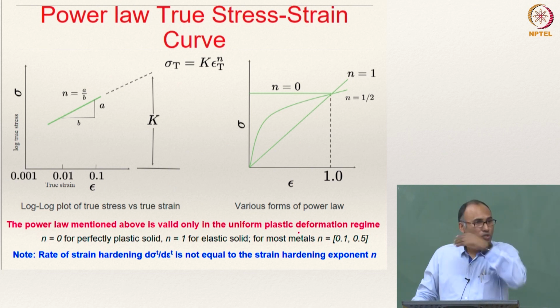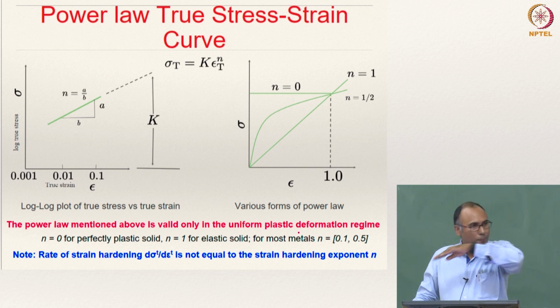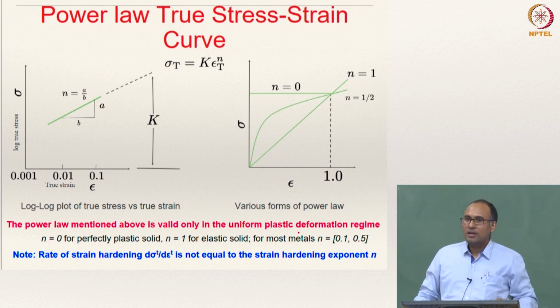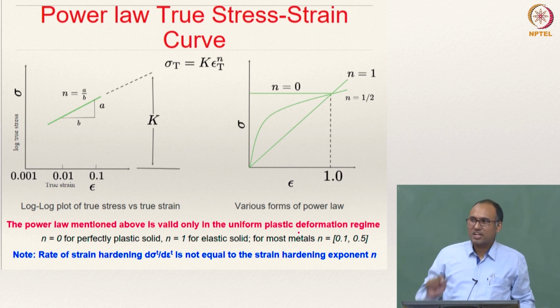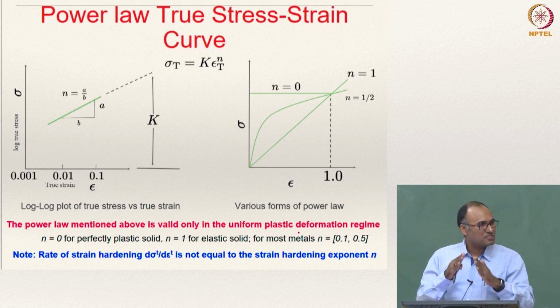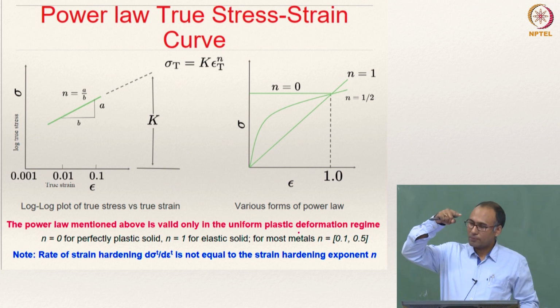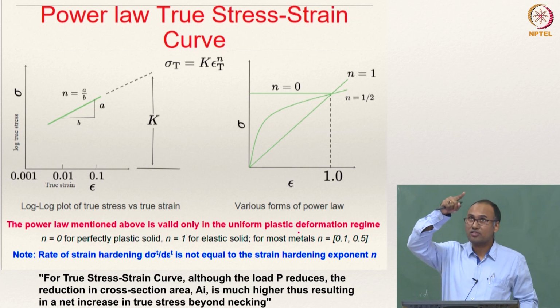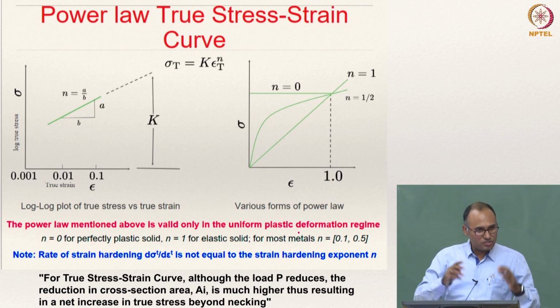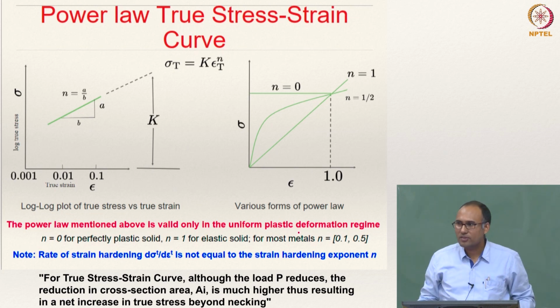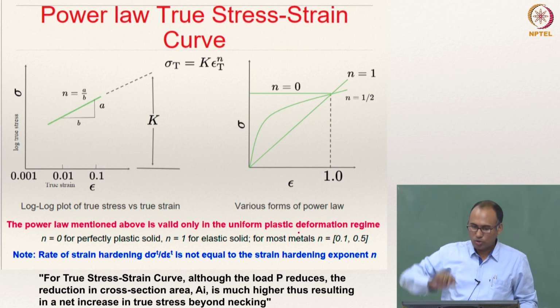But if you take the true stress strain curve, why is it not dropping? It continues to grow. That is because your cross sectional area is actually reducing, right, significantly as you continue the load, and hence although your requirement for P is also increasing, A is reducing, the total quantity is increasing, right. So that continues to go up.